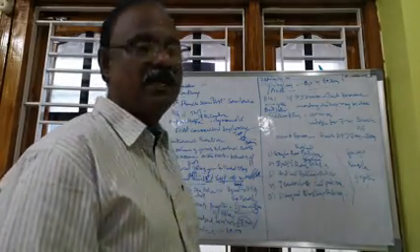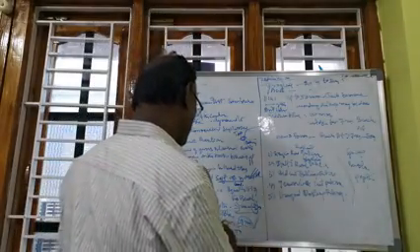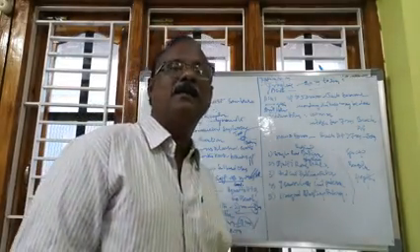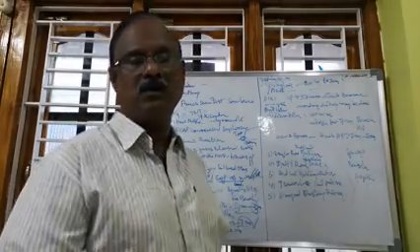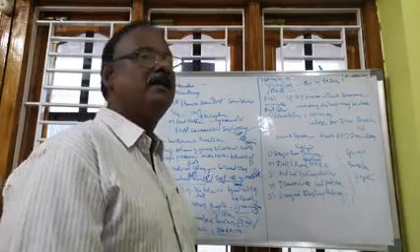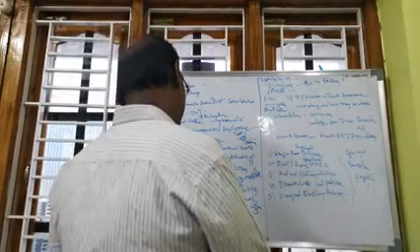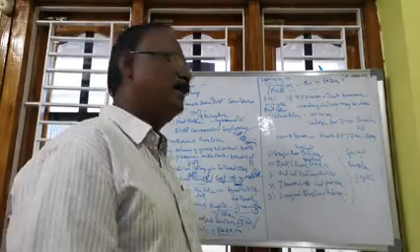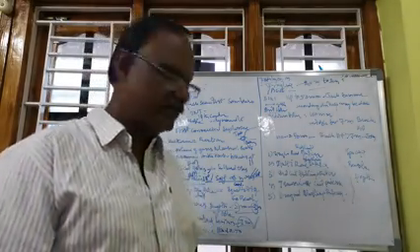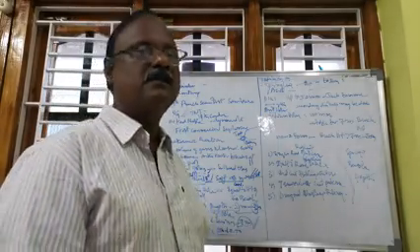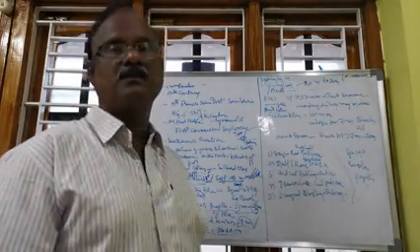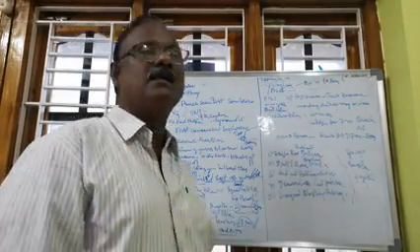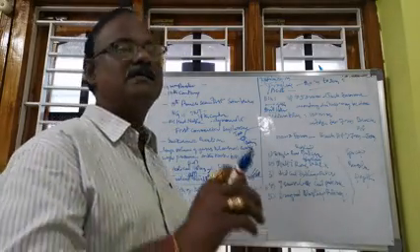In mechanized mines, the depth of the drill hole is 10 to 12 meters, which is almost equal to the height of the bench. There we use liquid oxygen, slurry explosive and emulsion explosive. So this is the mechanized open cast mine.